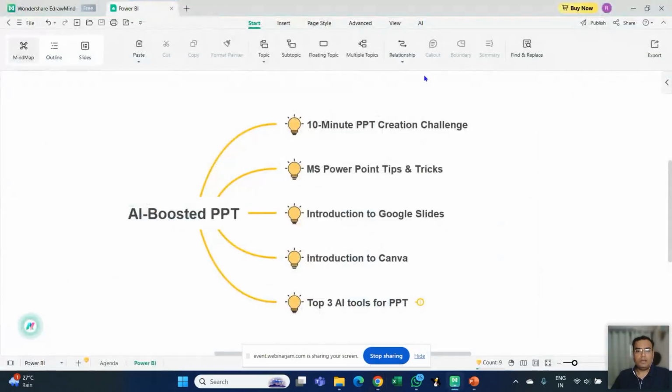Okay, great. So see, this is the entire agenda for today's session. First of all, we'll start with a bang, okay? So we will start creating a PPT. We'll take a challenge of creating a PPT in 10 minutes. And for this 10-minute PPT, again, we are not using AI. We will be using the normal process through which a PPT is created in PowerPoint, right? Then we will see the various different tips and tricks in MS PowerPoint, which we can use in our presentations to make them more